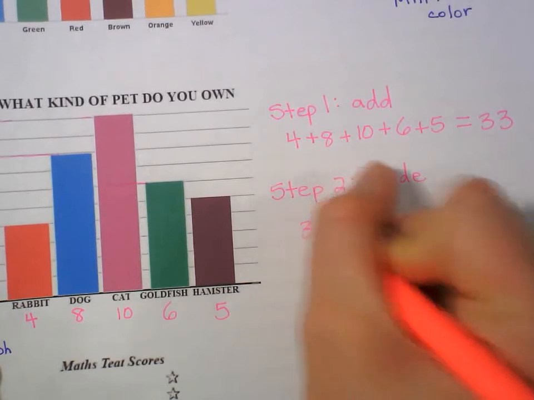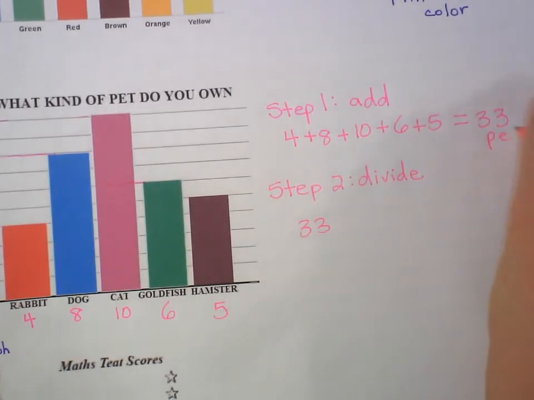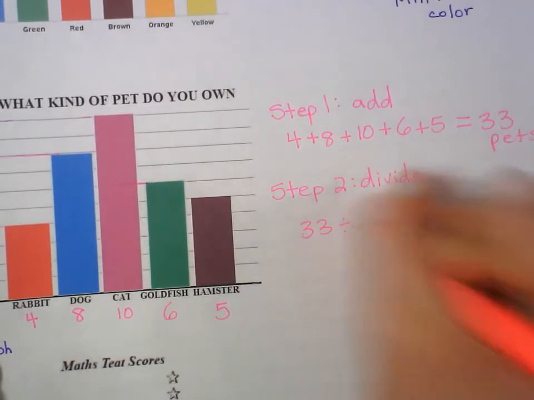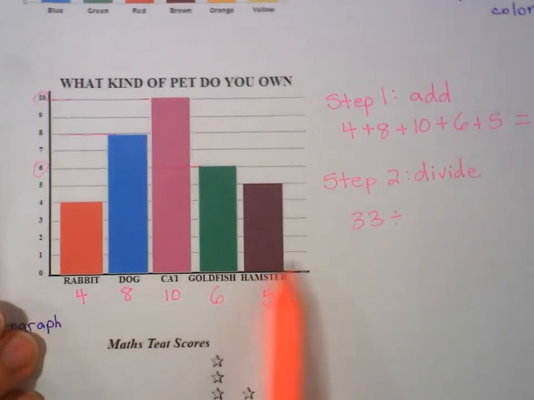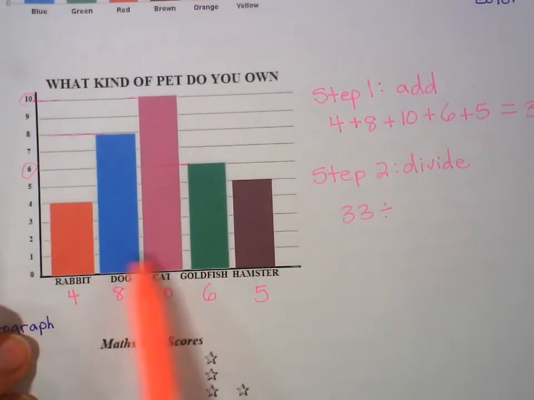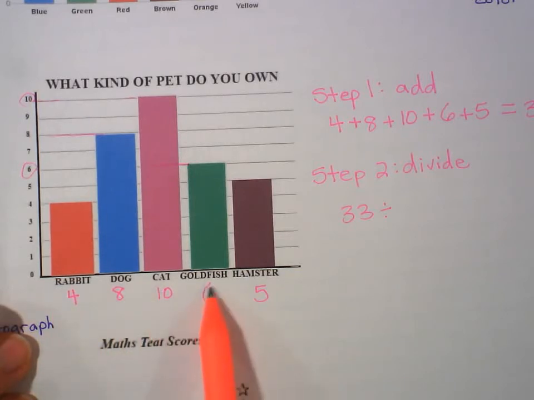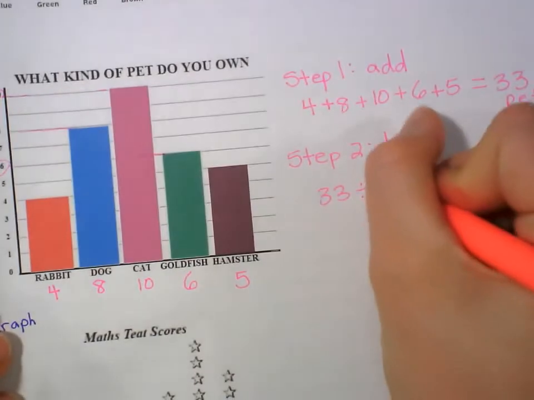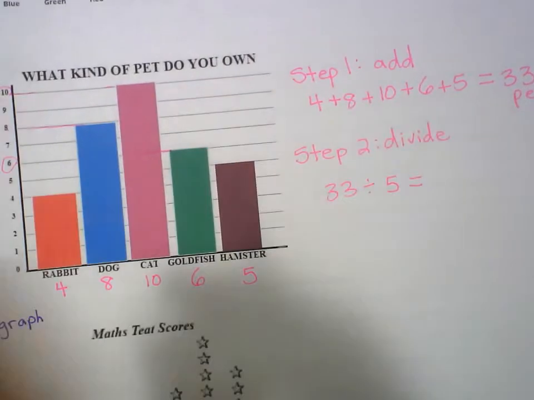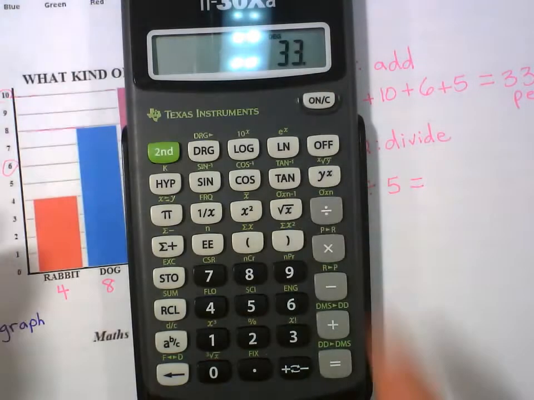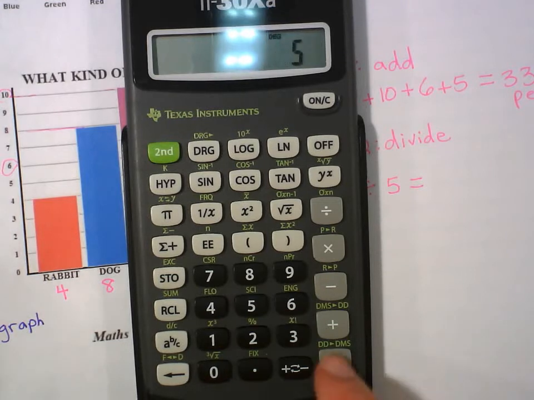So, yeah, maybe there are 33 pets total. But how many different types were there? 5 different types. Bunny, dog, cat, goldfish, and hamster. So 33 pets divided by the 5 types gives us the average, the mean,